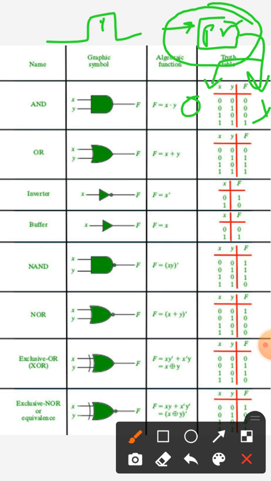In physics, there are three fundamental logic gates: AND gate, OR gate, and NOT gate or inverter gate. So, what are the basic functions and the arithmetic operations of the AND gate? Here we can see that the AND gate is nothing but adding two conditions. For example, we can see here,